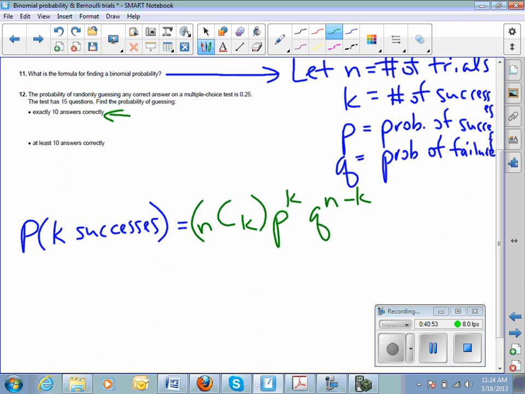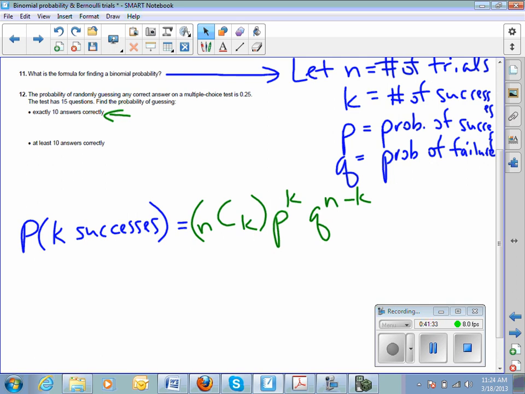So these are independent events, and we want to find the probability of not exactly 10 answers, but at least 10 answers correct. So what would be a good way to do that? Or what would be one way to do that? You find the probability of getting 10 answers right, and then add it to the probability of getting 11 answers correct, and all the way up to 15. Right, exactly. Which would be kind of a pain to have to go through 6 calculations and then add them all together to get this result.